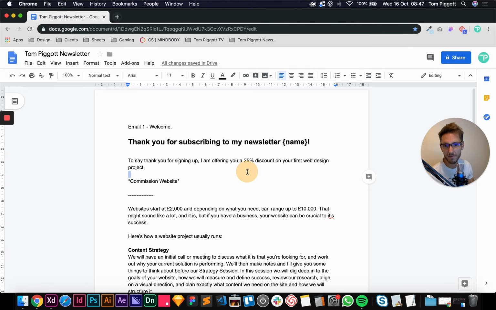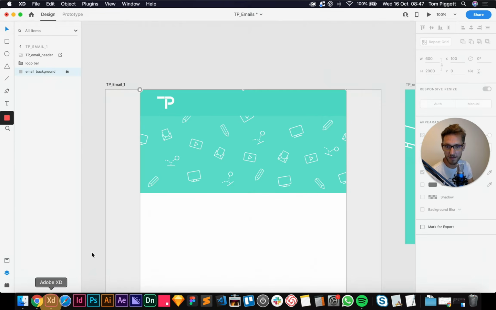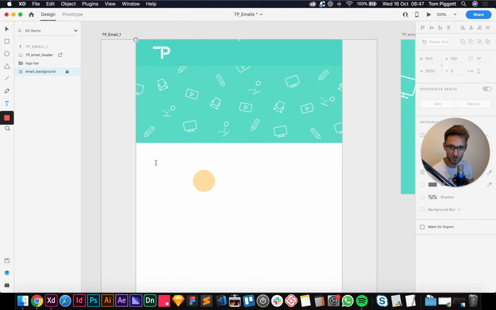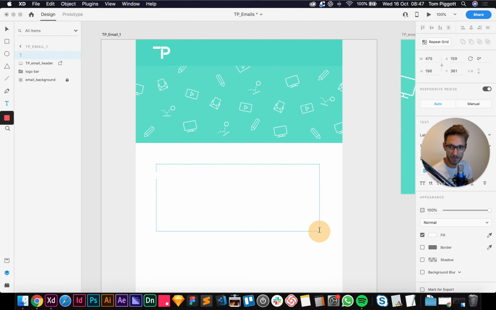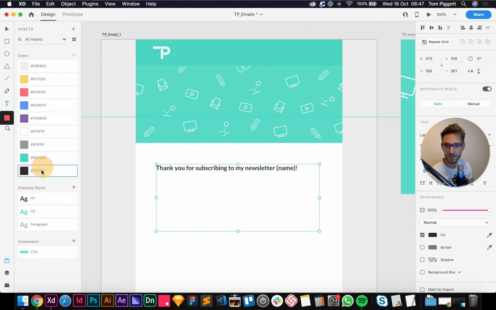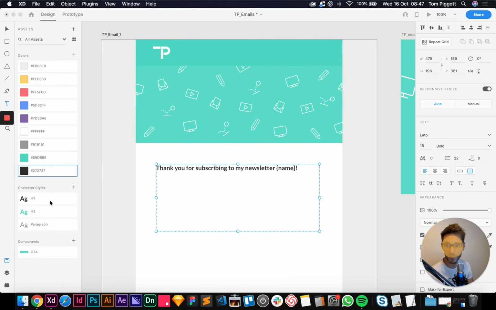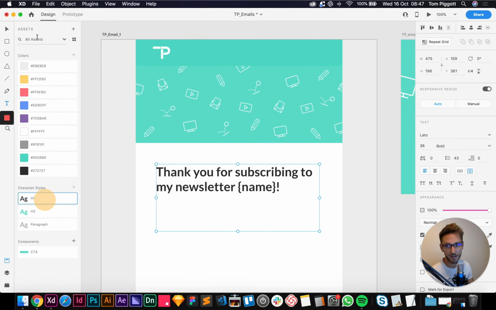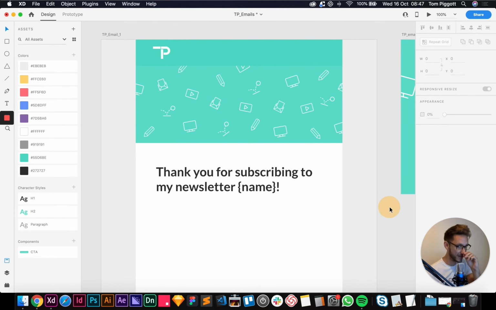Then we're going to have a look at our brief again. I've got an H1 here, so I'm going to copy that. I'm going to draw out a text box and paste in my text. It's currently white apparently, so if I select my black, there it is. We've already set up our style, so I can click on our style, H1, there it is. I can drag this up to keep it nice and neat, and that's looking pretty good.